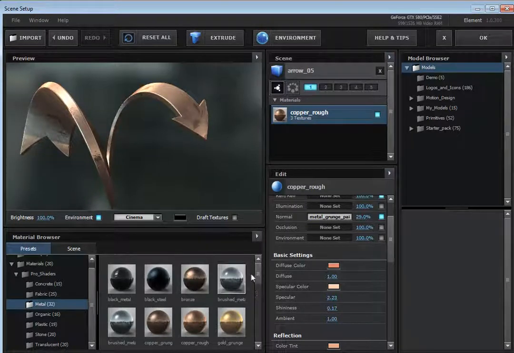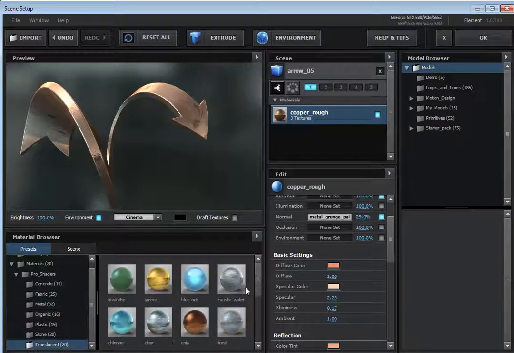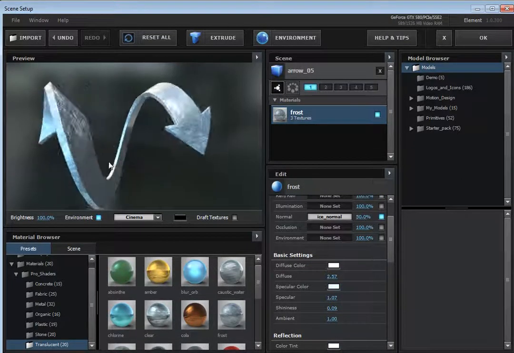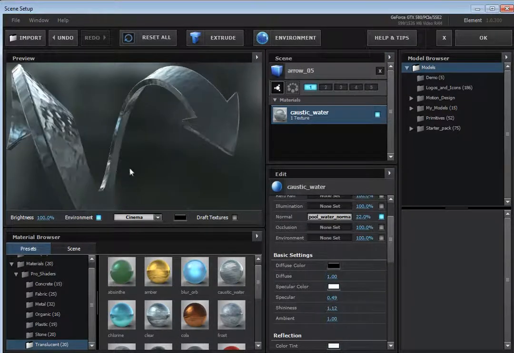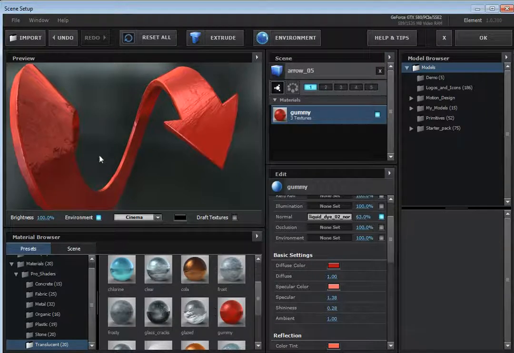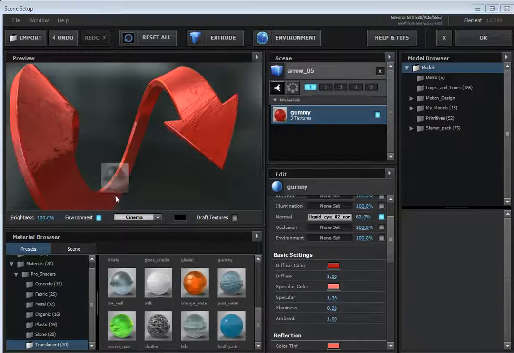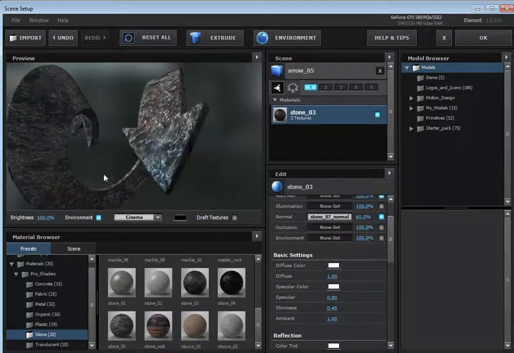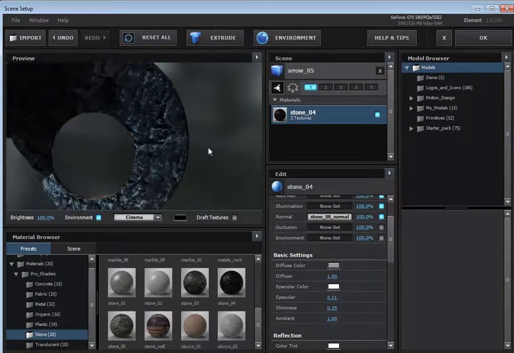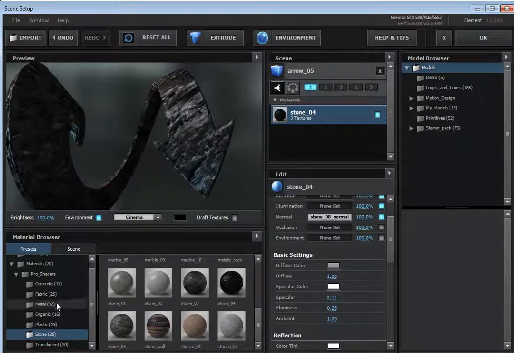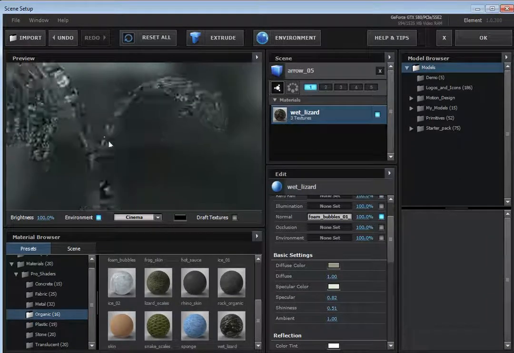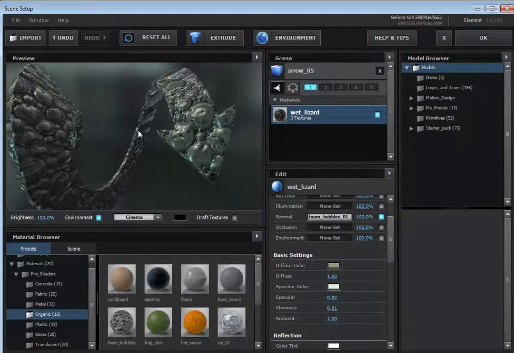options after the fact. And remember, we don't just have metal, there's some really cool translucent objects. We've got some ice right here. We've got some bumpy looking water. We've got this gummy bear look. There's really a lot of different styles that you can instantly transform whatever it is you're doing. We've got some different stones. We've got this really nice bumpy looking surface that could be all sorts of things. We've got some organic ones, different looking surfaces, and remember, these are all part of